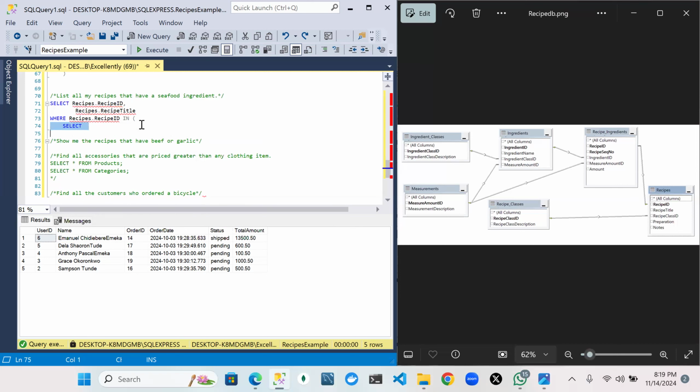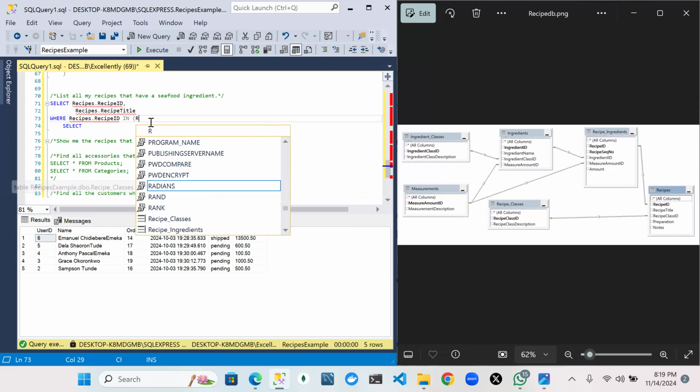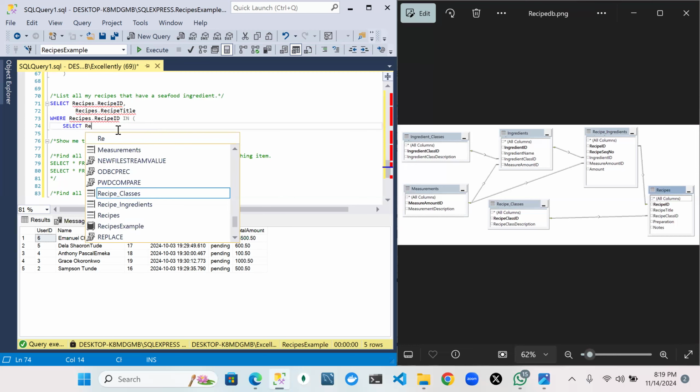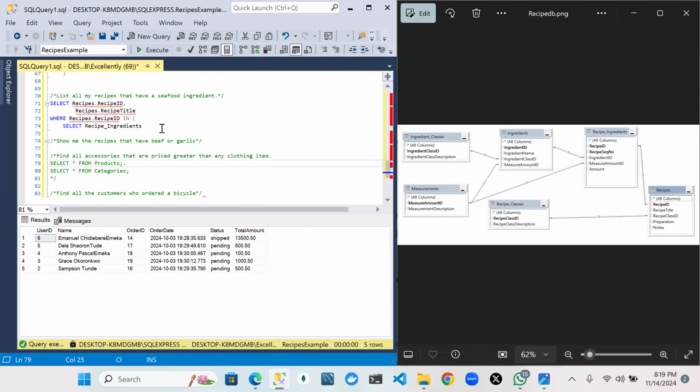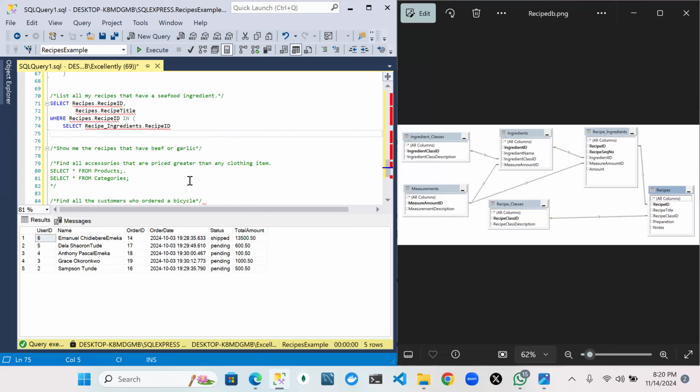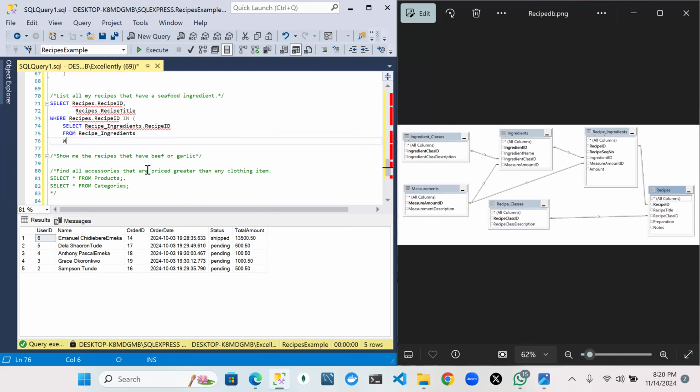Stop now. That's my mouse doing that. Select recipe ingredients dot recipe ID from recipe ingredients where